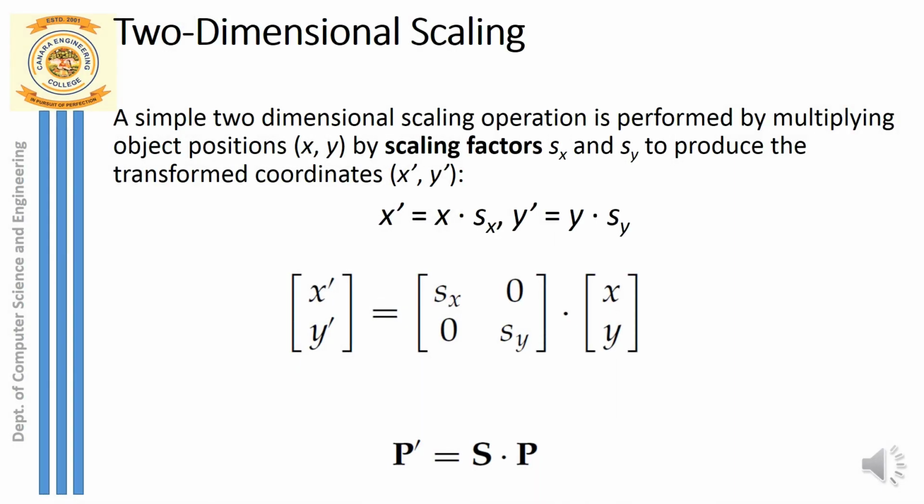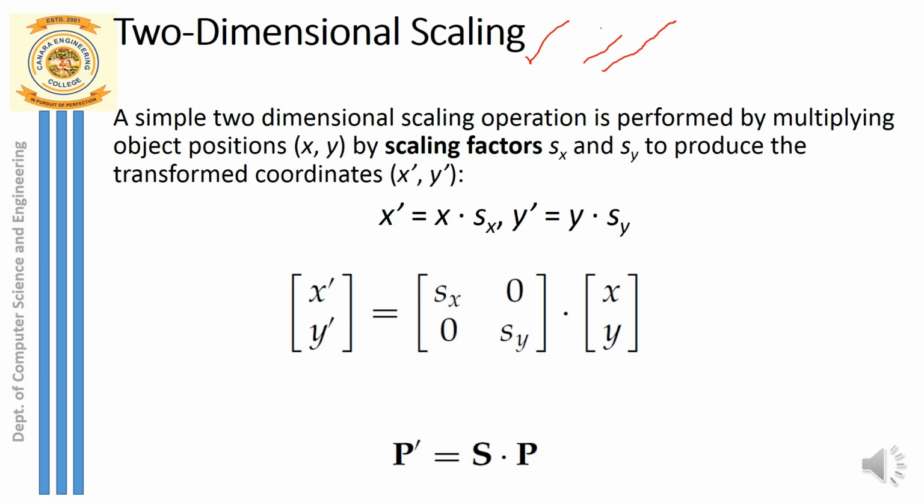We now have the next type of transformation, that is scaling. So what is 2D scaling? It is nothing but increasing the size of the object. If this is the original object, and you are scaling in the positive direction, or you can say you are adding some factor to the old object, it is nothing but increasing the size of the line.